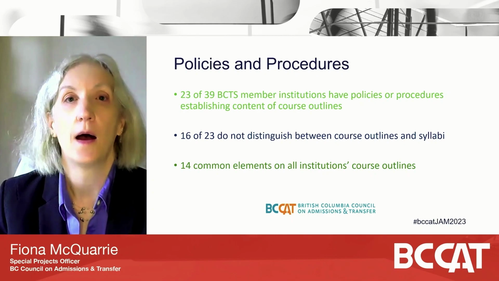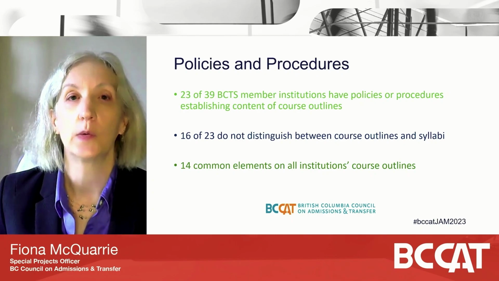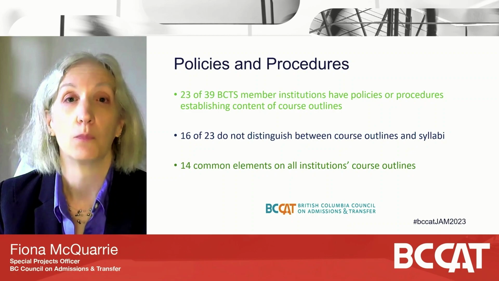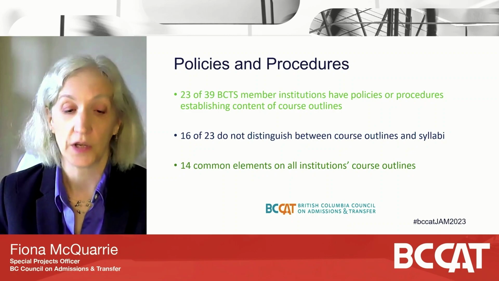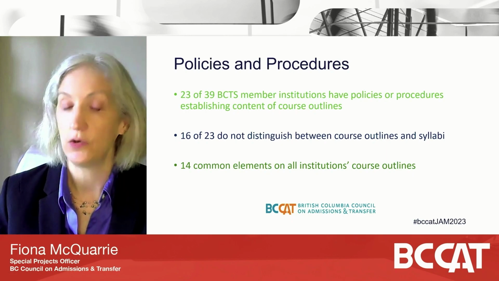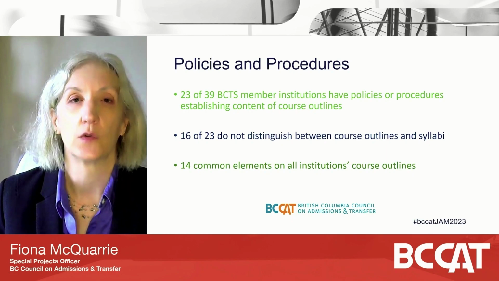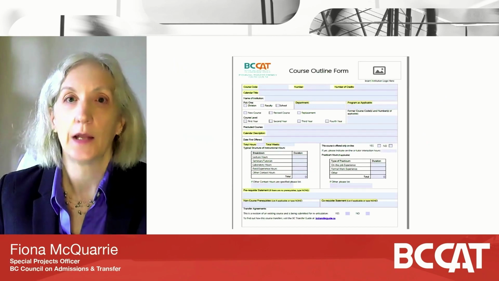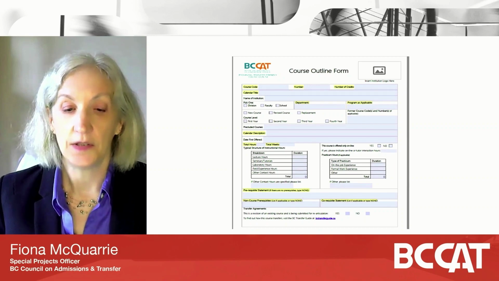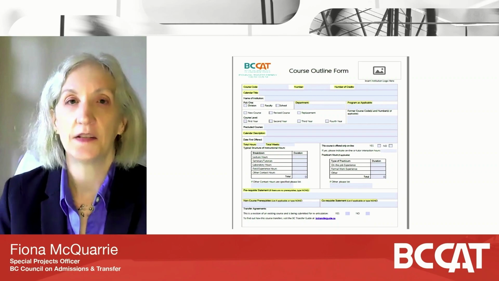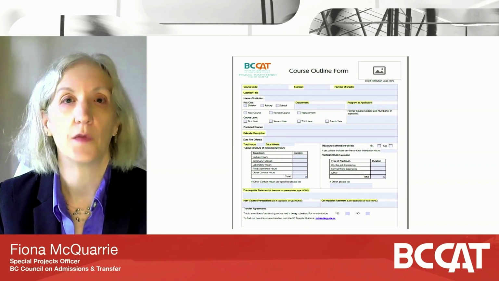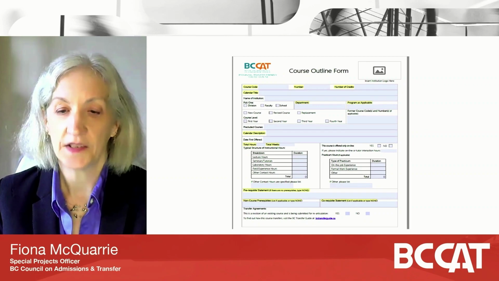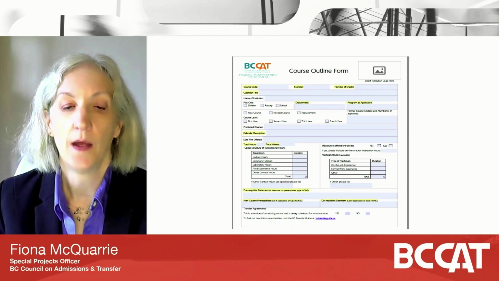But what I did find when I put all this information together and counted the frequency of the different elements, was that there were 14 common elements that were present on all institutions' course outlines. And what I'm going to do is show these to you using the BC CAT transfer-friendly course outline template. So the common elements are highlighted on this screen. And you can see that the elements are the course code. This is usually the subject of the code, like math or biology. The course number, the number of credits that the institution has assigned to the course,